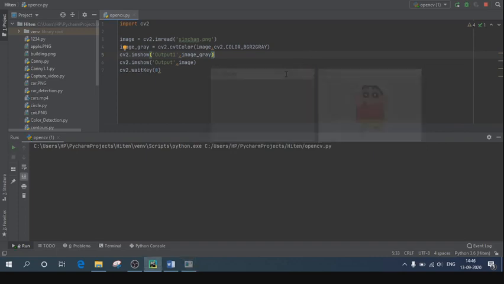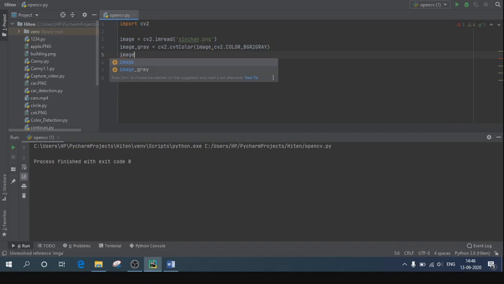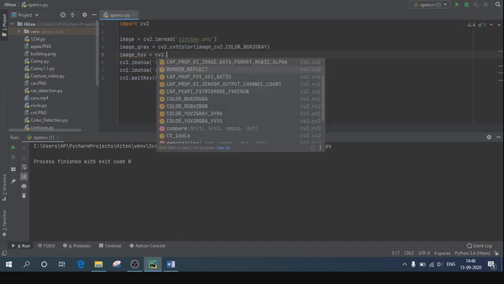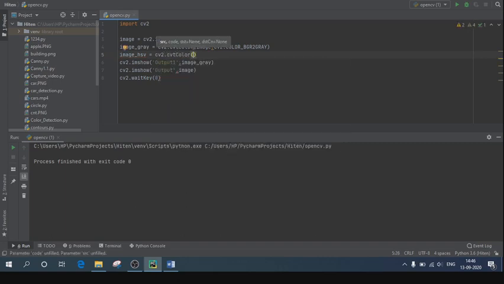Okay, and there is one more, which is HSV. So I'll create a variable named image HSV. Basically HSV stands for hue, saturation, and value. So every image has these three values: hue, saturation, and value. So we'll see what type of image we get. So cv2.cvtColor. Then again, which image do I want to convert? I want to convert this original image. So I'll write image comma cv2.col